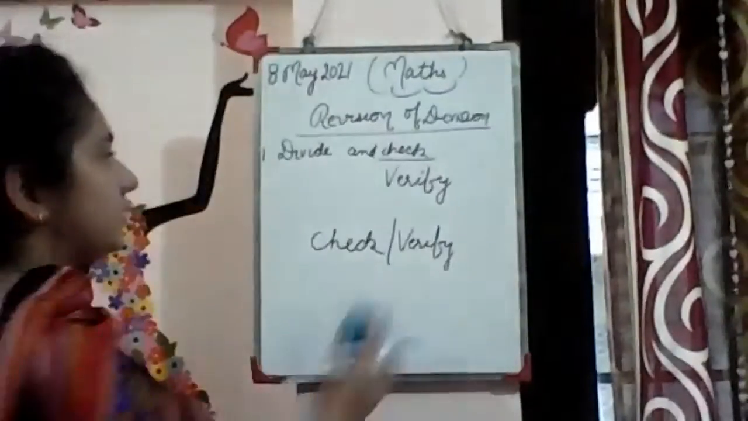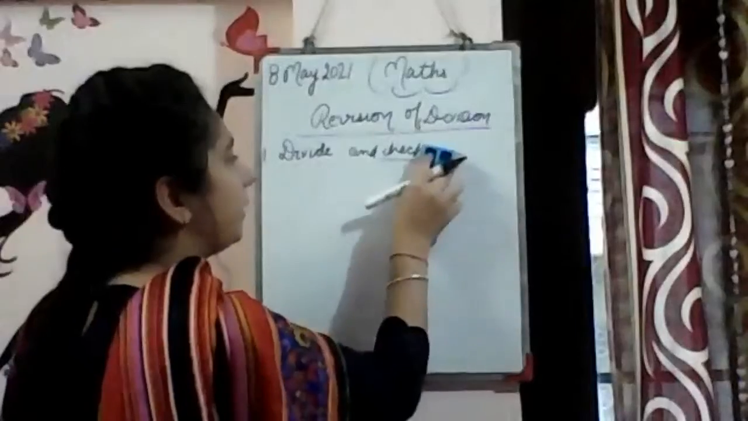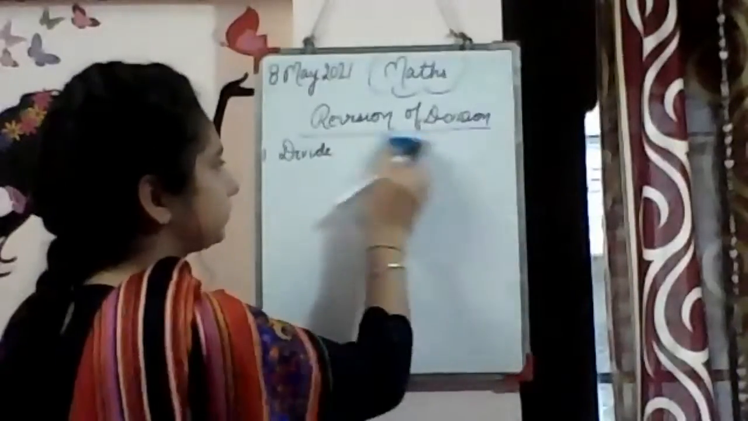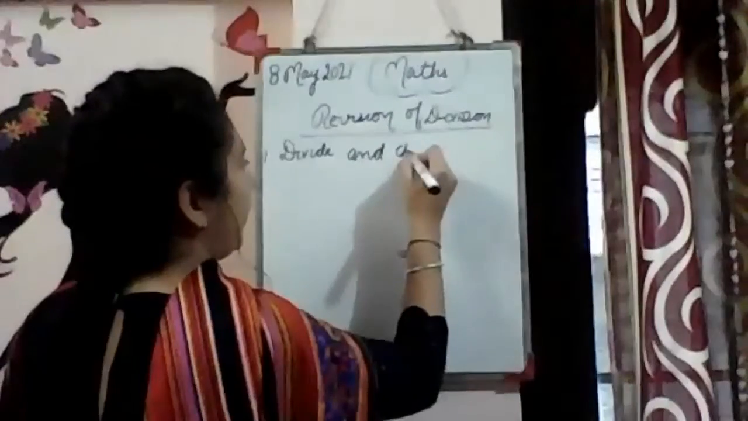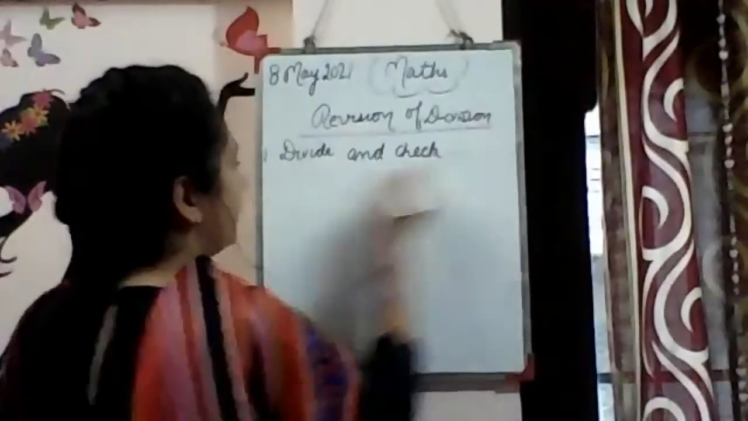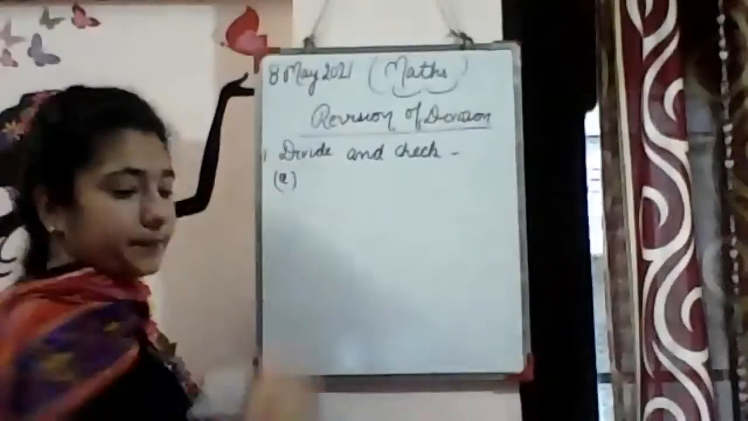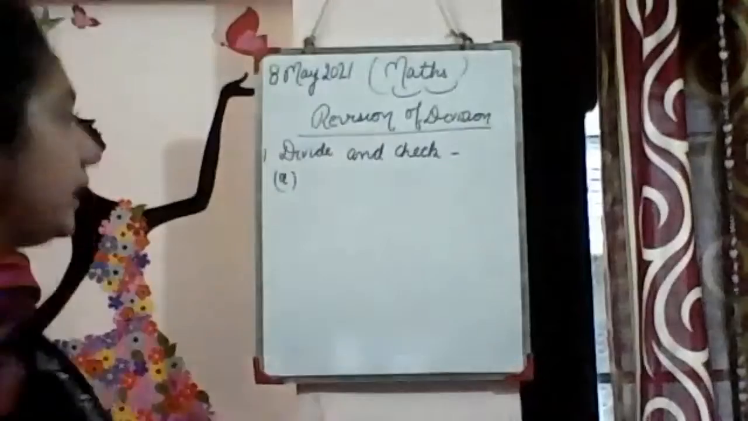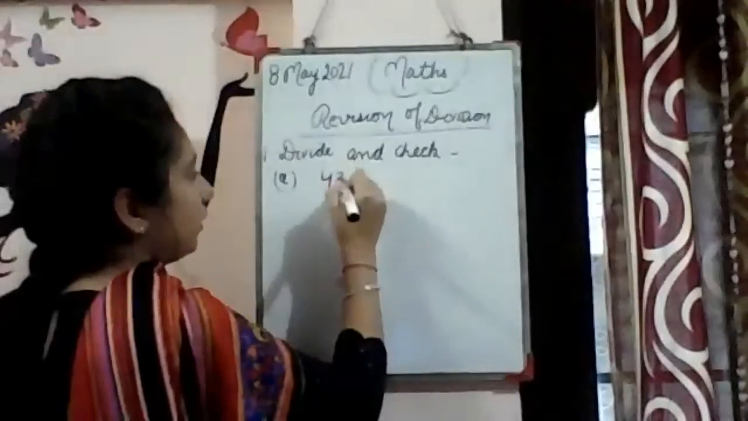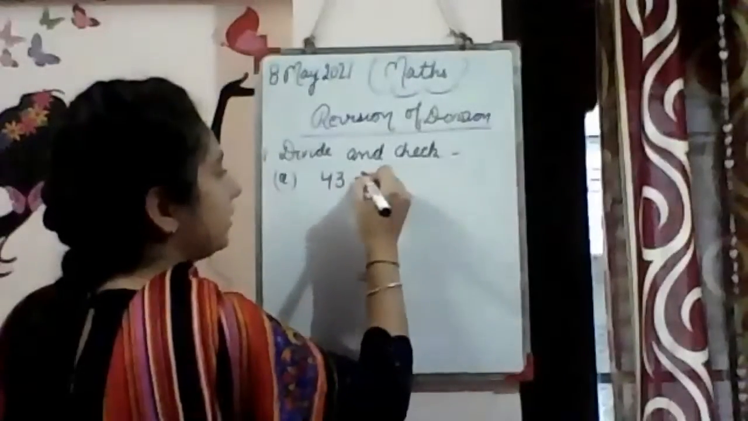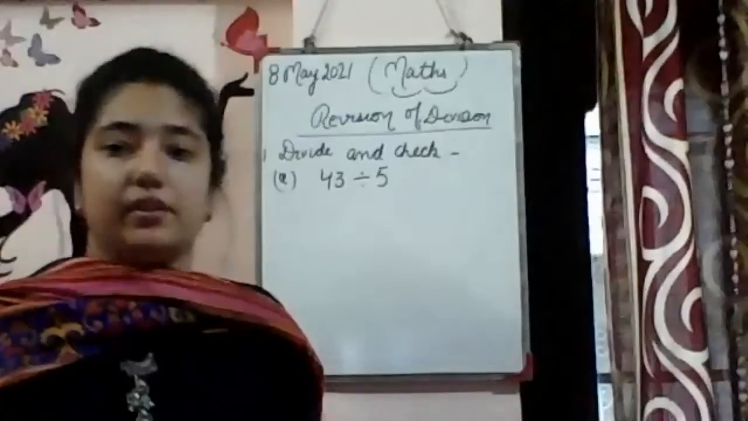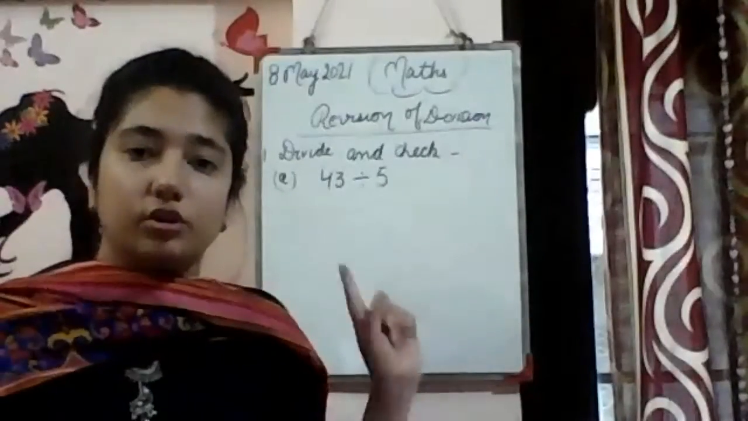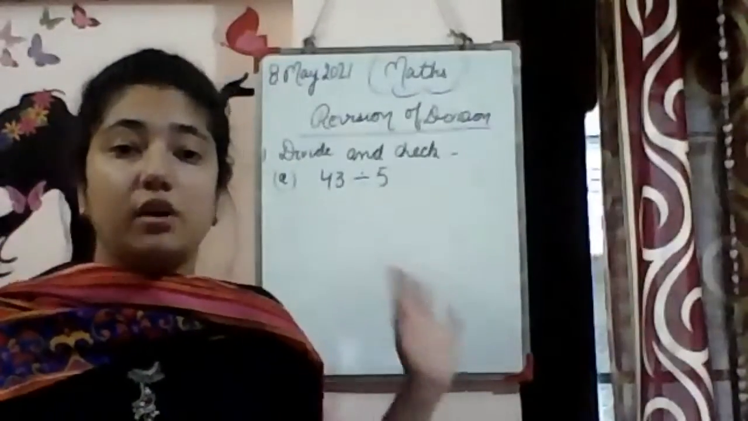so today firstly write the statement divide and check, and I'm going to write the statement divide and check. A part is 43 divides by 5. 43 divides by 5. Now start doing this sum in your notebooks, because many a times already we have done